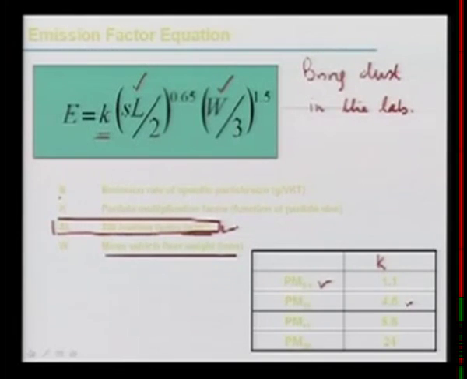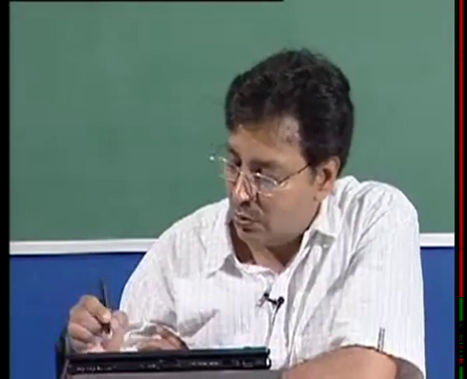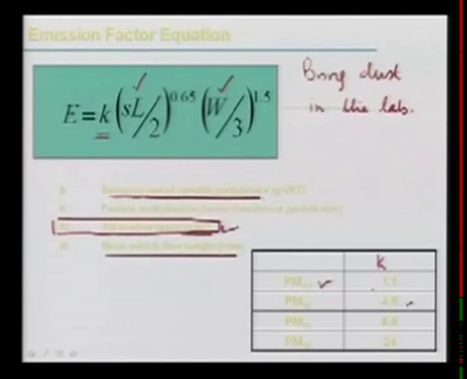E is the emission rate of a specific particle size. Why specific particle size? Because K is dependent on specific particle size. So whatever value of K you want to use, if you want to find out how much are the fine particles, that is PM 2.5, then use the value of K as 1.1, and then eventually you can estimate the E